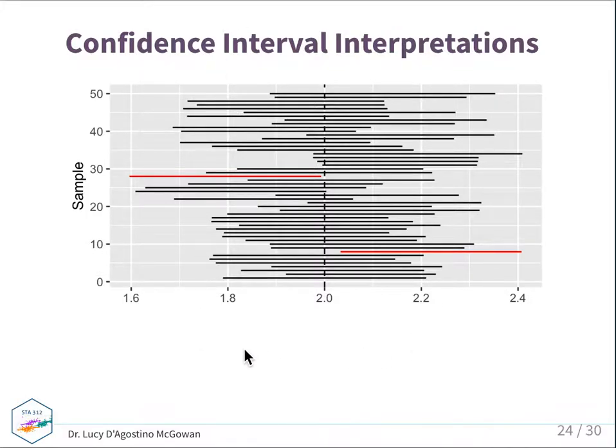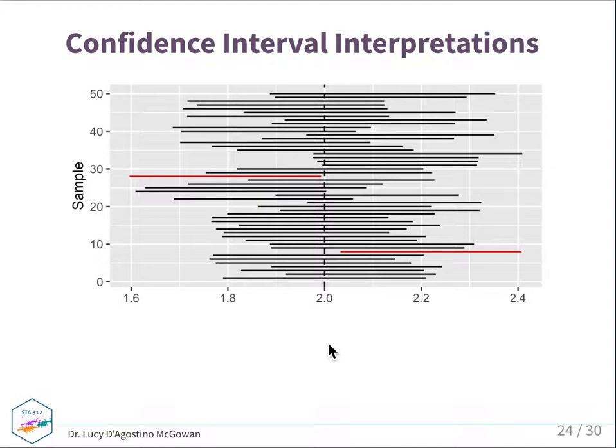And so the interpretation there would be if we were to repeat this process many, many times, we would expect that 95% of the confidence intervals calculated would contain the truth there. And so we talked a lot about how this was a comment on the procedure